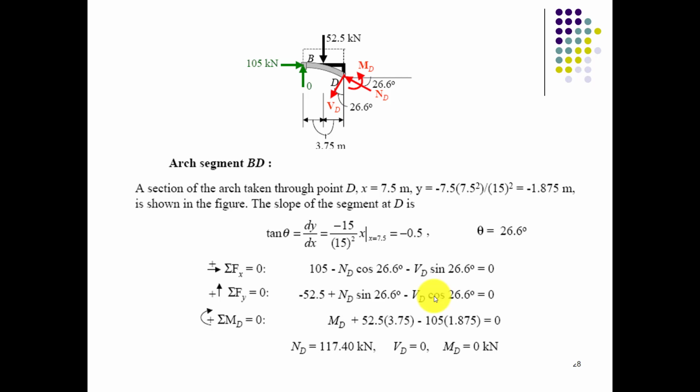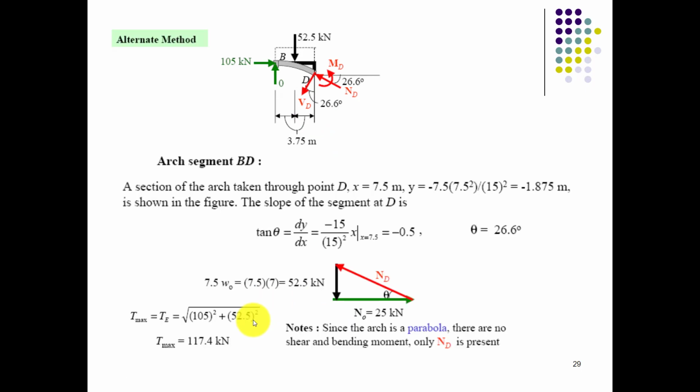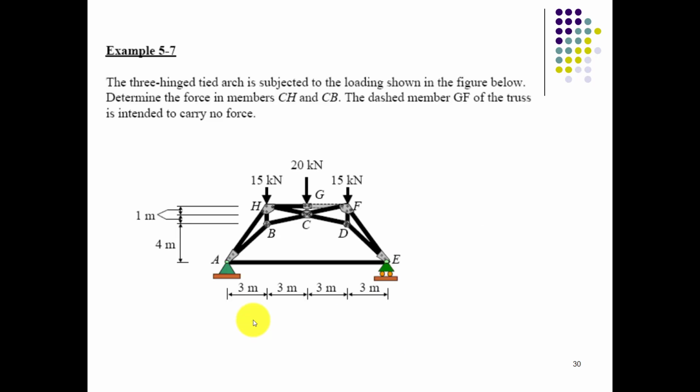Now what we can do is take the point D, using the similar triangle rule, and resolve for the forces, that is moment, shear, and axial force, by summing up the horizontal, vertical and moment at point D. So in this way we can solve it mathematically and graphically. So I am leaving this example for you to solve.